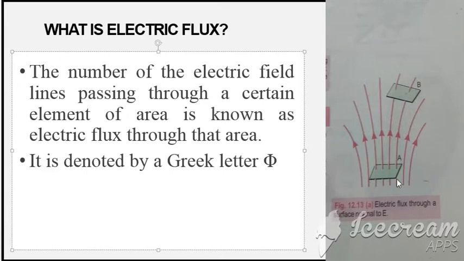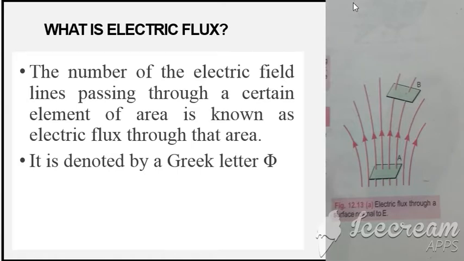Just electric field lines do not give an idea about the electric flux. For the complete description of electric flux, the passage of electric field lines through a certain area is important. Now look at another area which is B. Through this area, 2 electric field lines are passing. For the representation of flux, only those electric field lines which are passing through a certain area will be considered. This is 2, so the electric flux through B is 2, whereas the electric flux through A is 4.